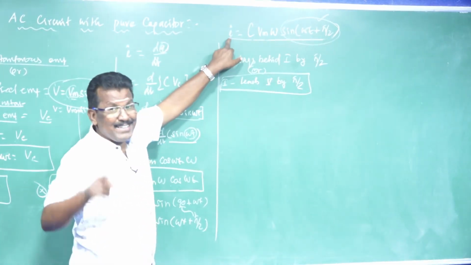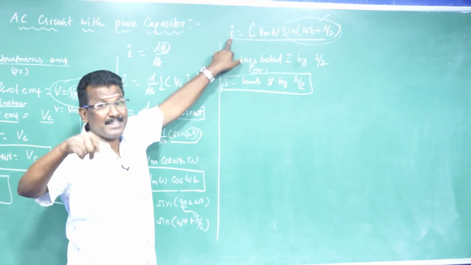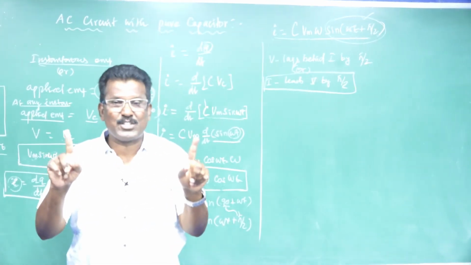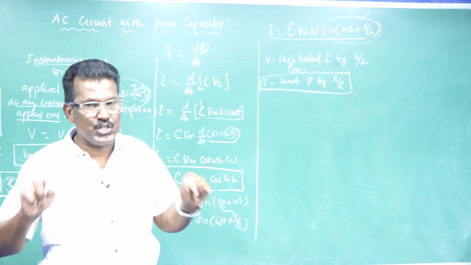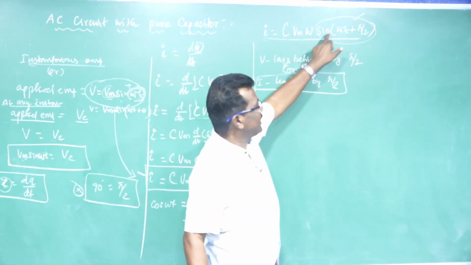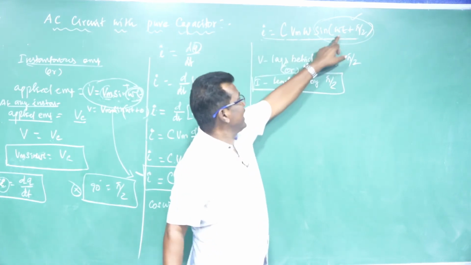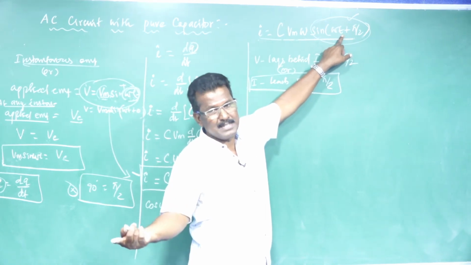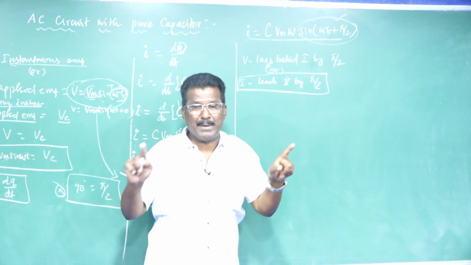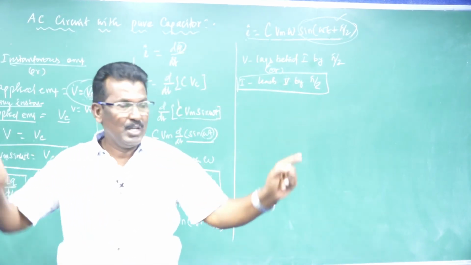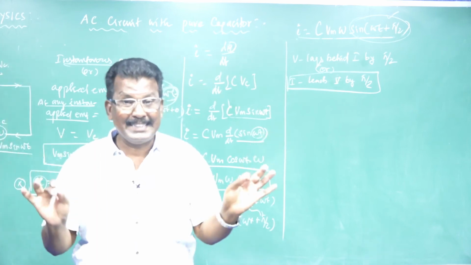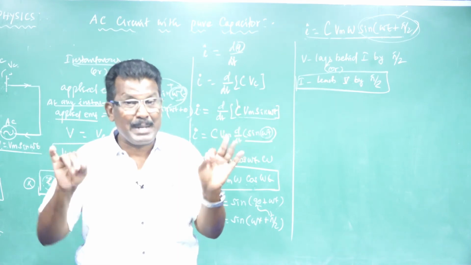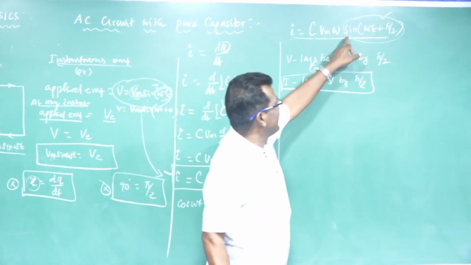The instantaneous current varies continuously. When does the instantaneous current become maximum? When does it become zero? With respect to the sine function, I varies with t. When the time increases, the instantaneous current also increases or decreases depending upon the time. So we choose the two extreme conditions: one is zero, another one is the peak. When does the instantaneous current become zero, and when does it become maximum? Depending upon the t.